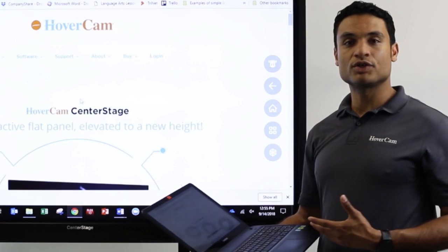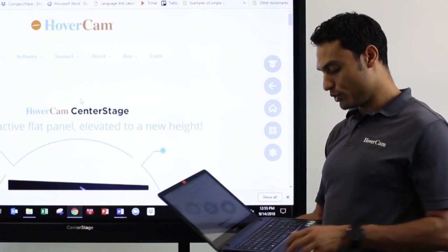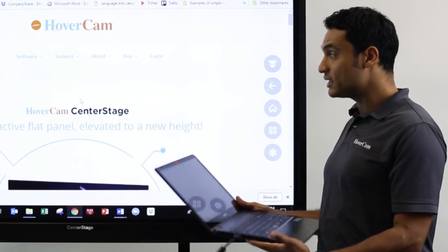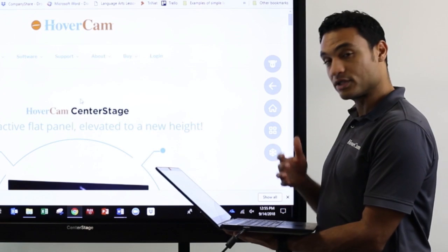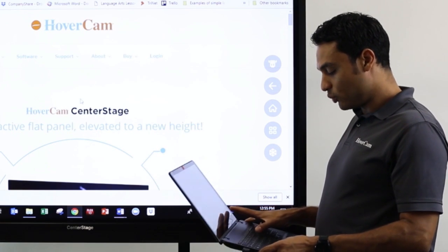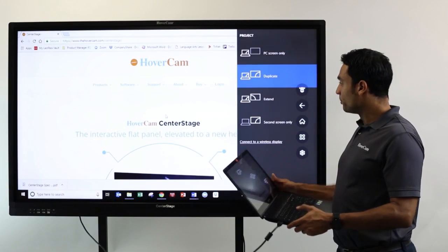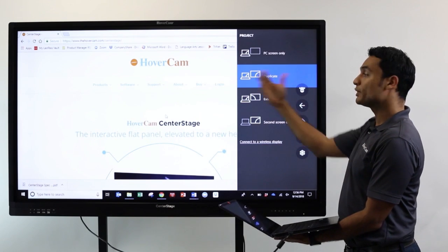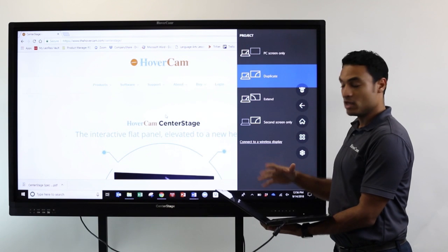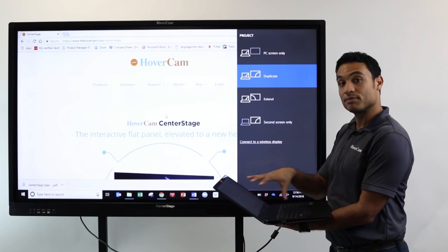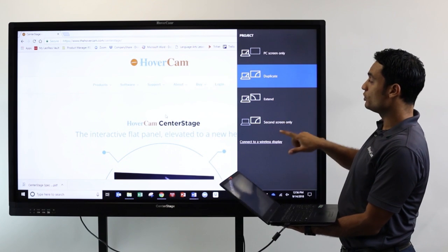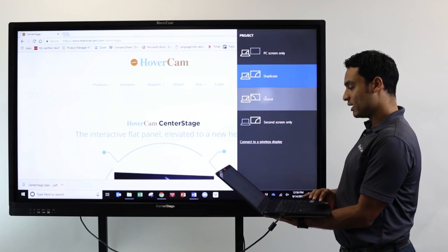When you have an external device connected to your computer, you can navigate and choose those connection display settings depending upon the device that you're using. So for a Windows machine, I can press the Windows icon and P for project, and it will allow me to choose whether or not I'm duplicating my screen. Right now I'm duplicating, meaning that whatever my laptop screen is seeing is displayed on my Centerstage. I can also choose to extend my screen,